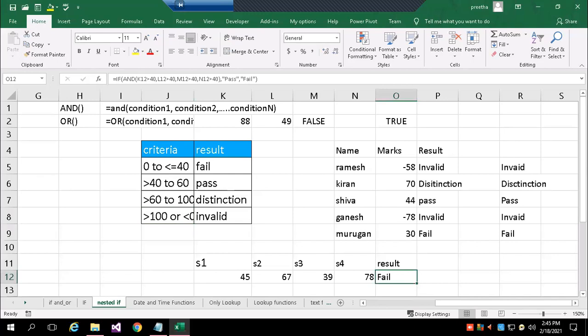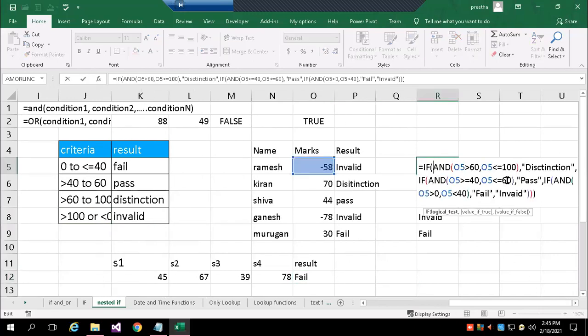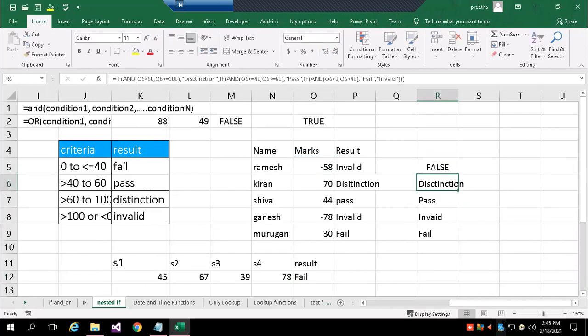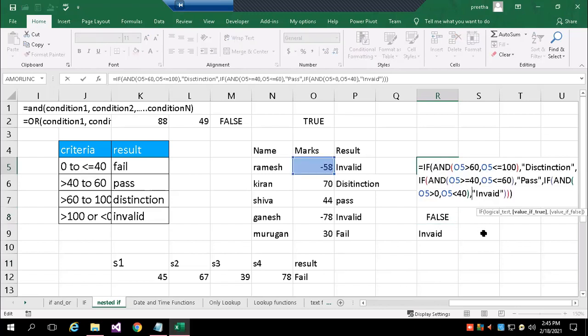Here, previously, as per the case I was writing, I missed the true part. I have not written it, by mistake I left it. True and false I should write. So in that case it is executing, but false means what I should get? It should say invalid. And where I didn't write fail, for those who are fail marks, they are getting false. I don't want to get false, I wanted to get the message as fail.